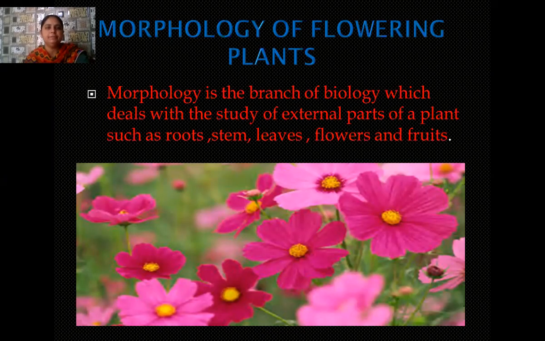Good morning, students. Today we are going to revise chapter 5 of our NCERT book, and that is Morphology of the Flowering Plants. What we are going to revise in this chapter is the structure and the function of root, stem, leaves, and flower. And we will also study the semi-technical description of three botanical families here, that is family Fabaceae, family Solanaceae, and family Liliaceae.